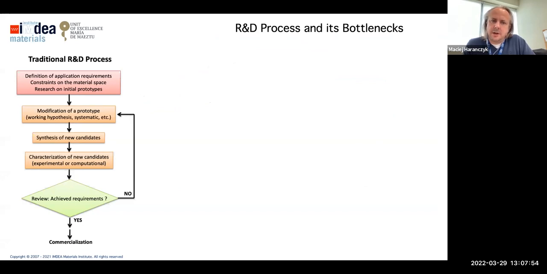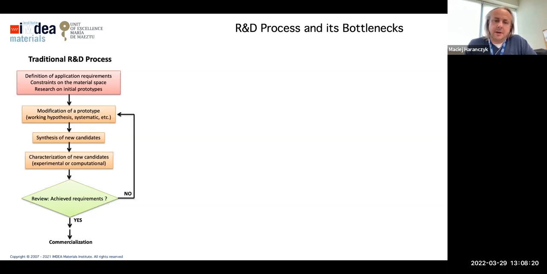So in traditional R&D process, we usually have some initial criteria. So we focus on families of materials, we focus on applications, so we have some performance measures, and we have some initial data, either from literature or initial experiments. And based on this initial information, we make a prediction that there is a better prototype material that needs to be synthesized and tested. And after we test it, we will know if it's better or not.